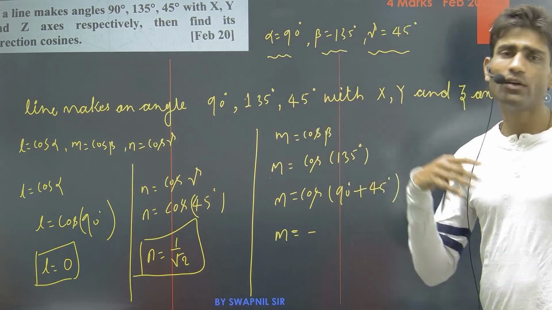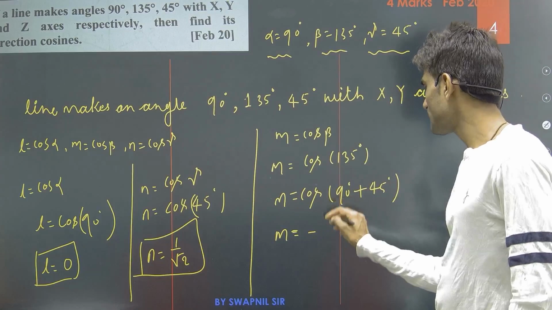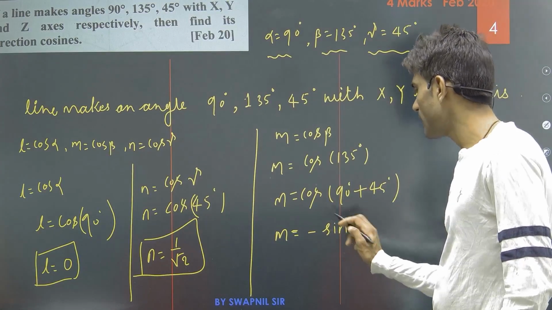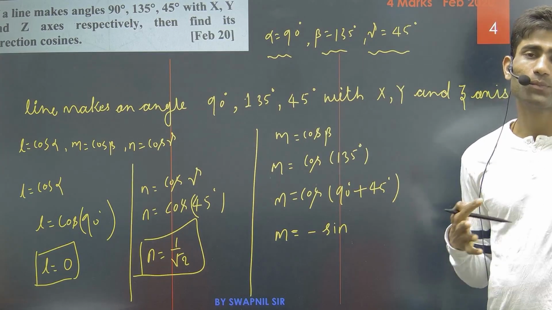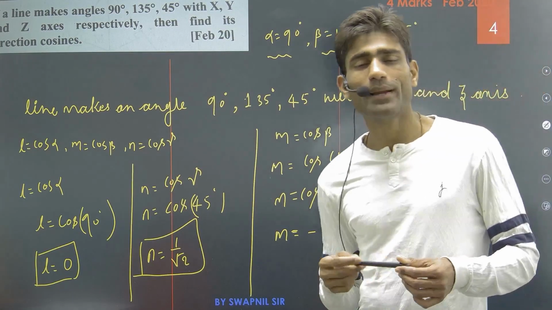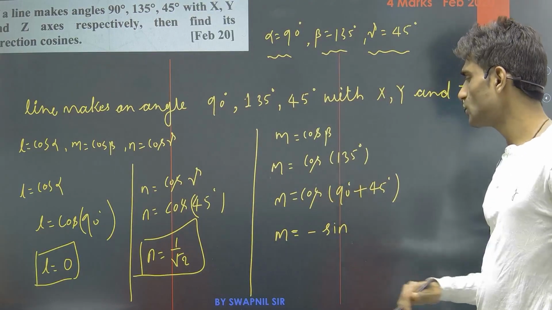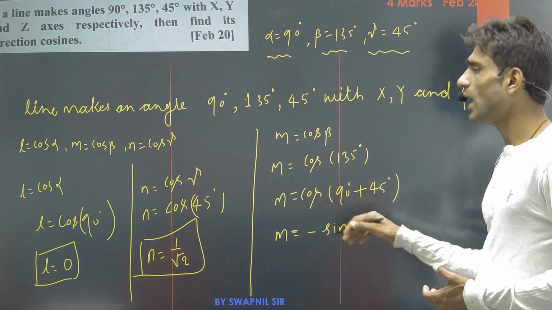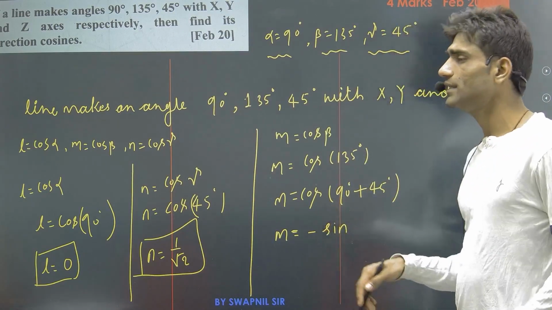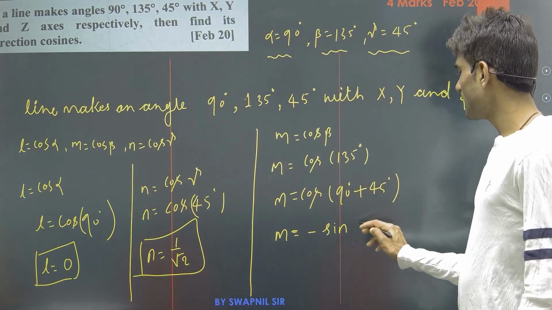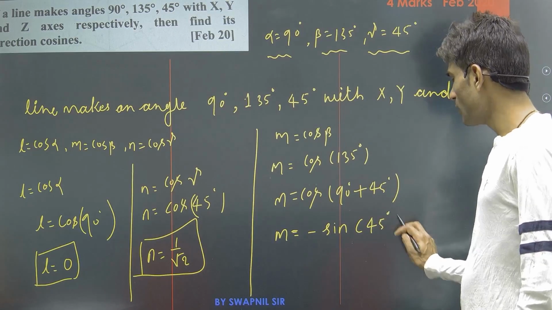at the odd angles like pi by 2, 3 pi by 2, it gives us the sine. So cos gets converted into sine because we have the pi by 2 angle. At the angle of pi by 2 or 3 pi by 2, cos gets converted into sine. So cos goes to sine, and as we have 90 plus theta, cos gives us the negative sign, so that negative sign is here, and cos 90 plus theta can be written as minus sine theta, so minus sine 45 degree here.